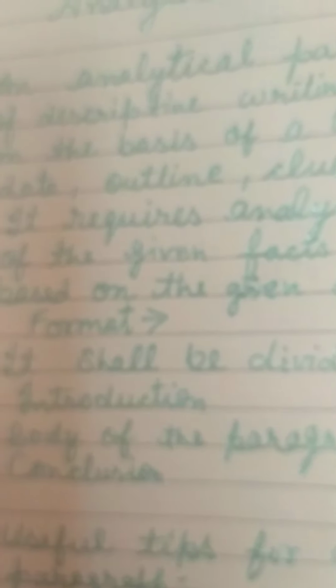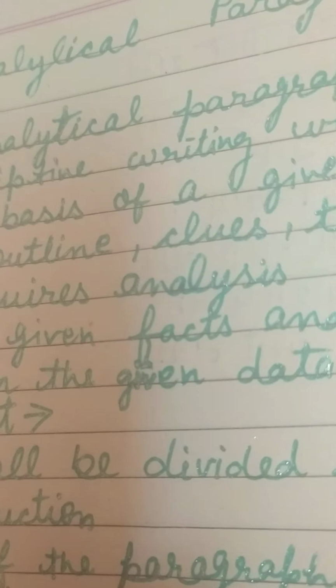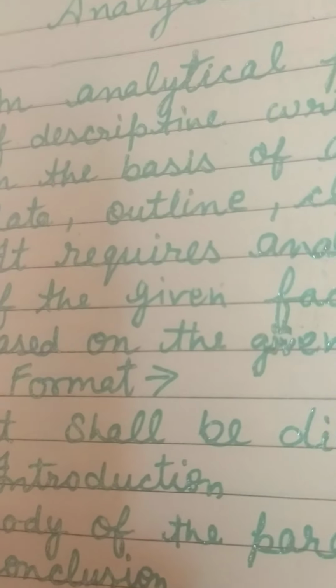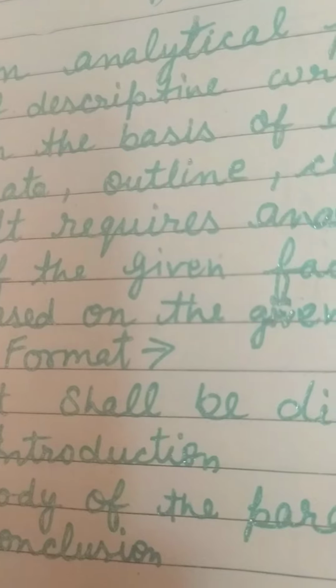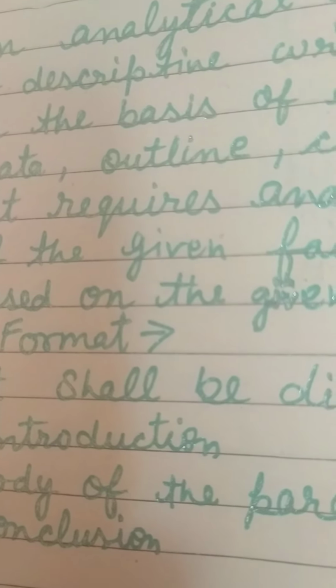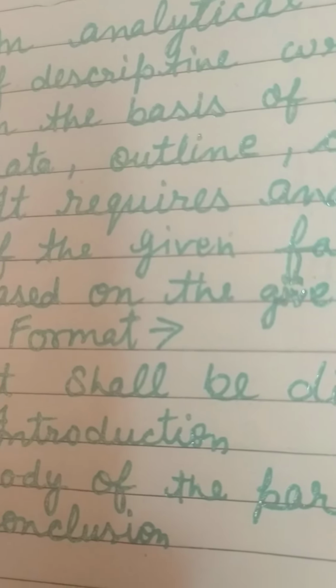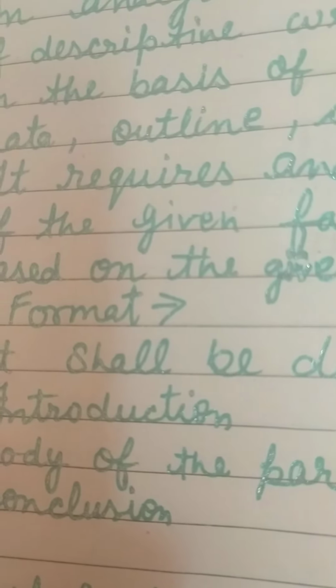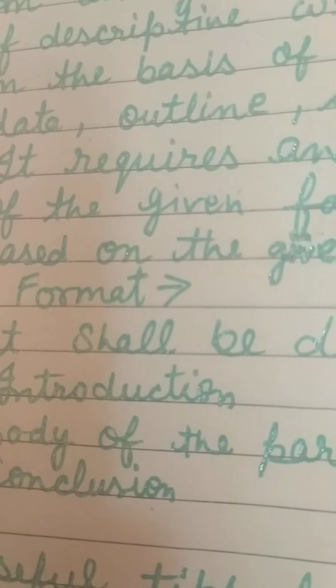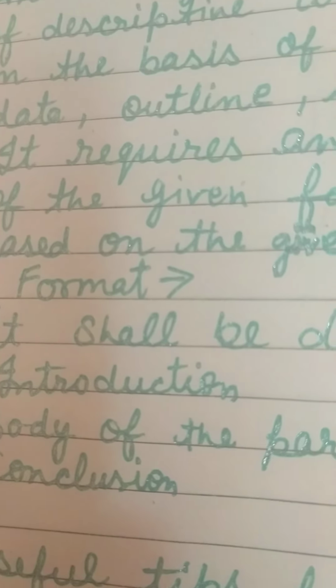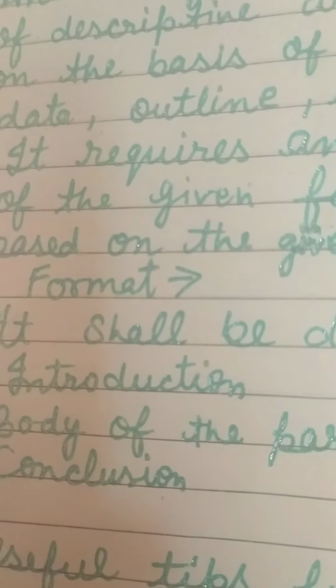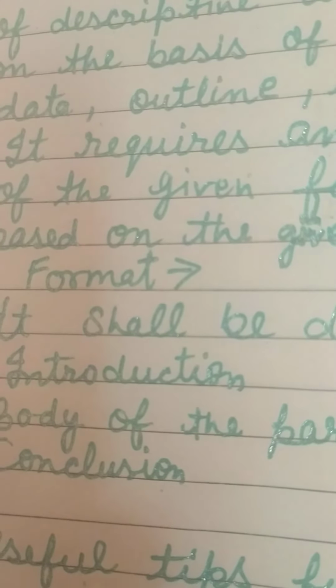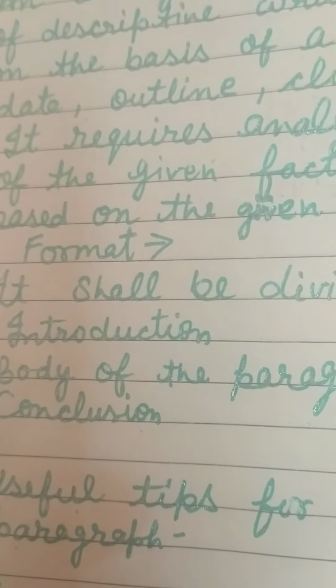Then what does an analytical paragraph do? What is its purpose? It describes the given chart, data, graph, etc. It should be brief, having complete information. It should state facts provided by the data, graph, etc. And you have to mention its figures and quantities appropriately. Use the same tense throughout the paragraph, and no personal observation should be there.